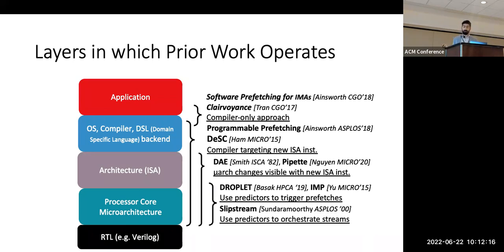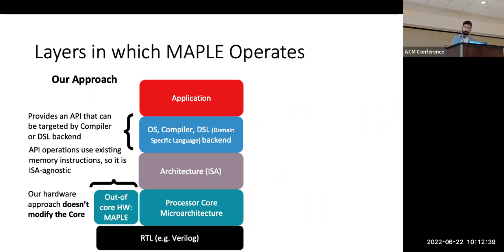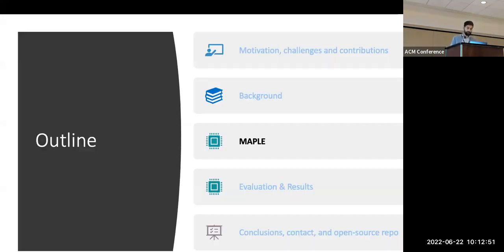So the main contribution intellectually of our paper is to leverage the compiler layer to target our specialized hardware, Maple, through its API, which only uses memory instructions targeted to the network on chip to reach the specialized hardware. And this is connected to the NoC in a nearly plug-and-play manner as any other block into the SoC. We're now going to explain our approach, starting from the compiler software layer and then explaining how we implemented the changes in microarchitecture level at Maple outside the core.